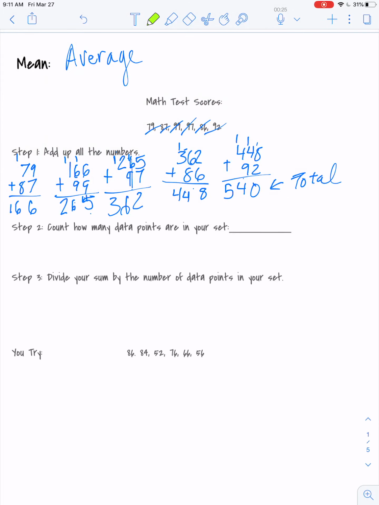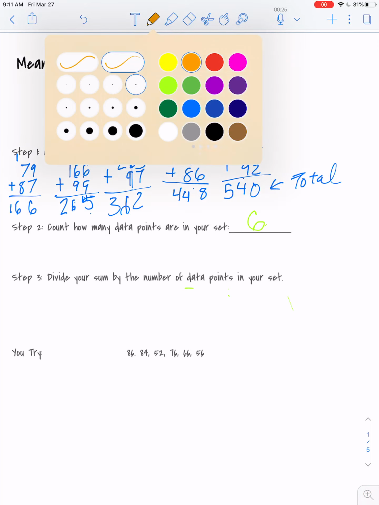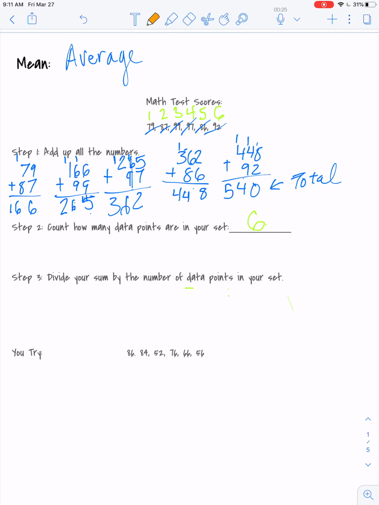So we have 1, 2, 3, 4, 5, 6. So we have 6 data points. That is an important piece because that is what we use to help find our average. So now our third step is to divide your sum by the number of data points in your set. So you're going to take 540